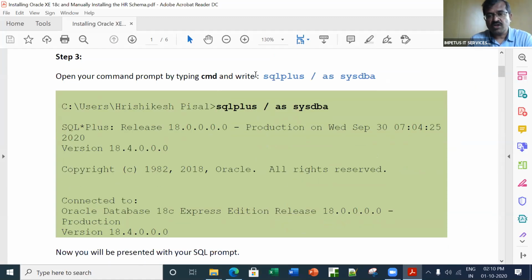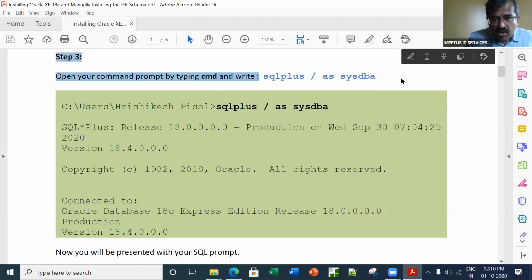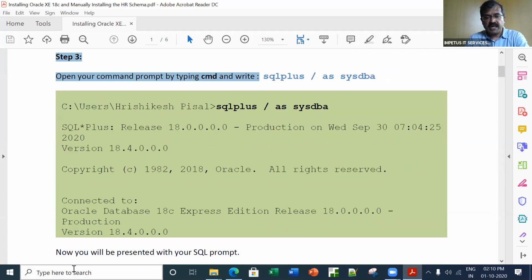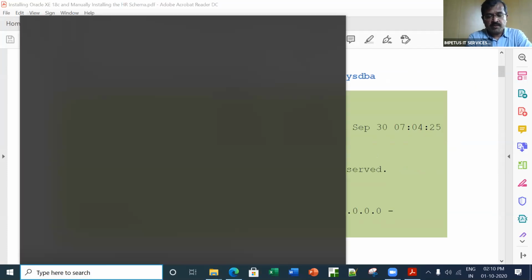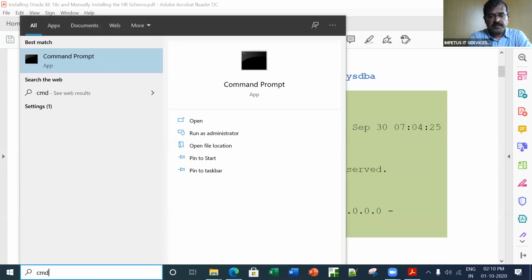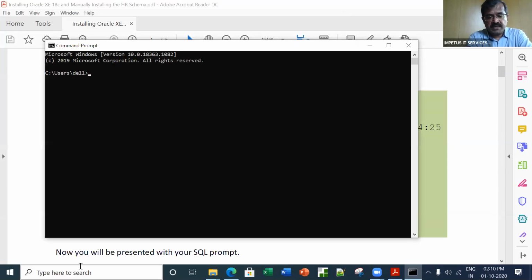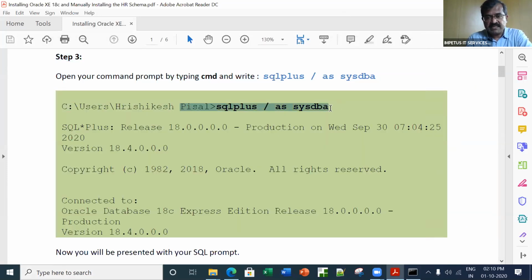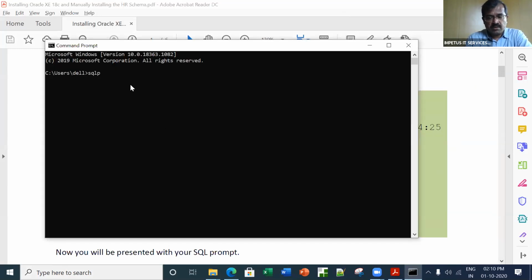Now it's time for us to log in. Now for us to log in, we'll have to go to the command prompt. So let me directly jump onto the command prompt. So I'm going to the command prompt, CMD, and then I'm typing SQL Plus. Or rather, you could just copy paste from here, whatever I have given. I said SQL Plus as sysdba. So that's something that you'll have to type in. Either you type, you copy paste, it's your choice. Okay, so I'm just saving time.